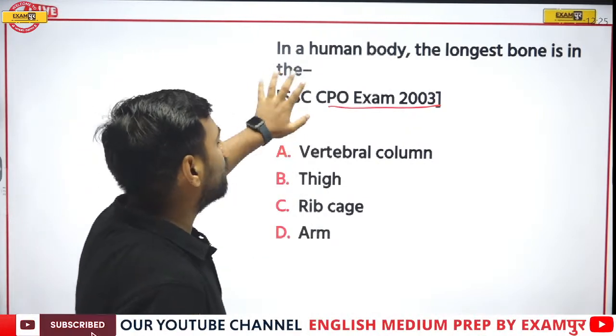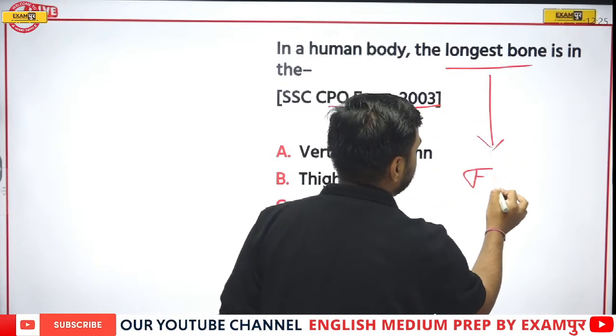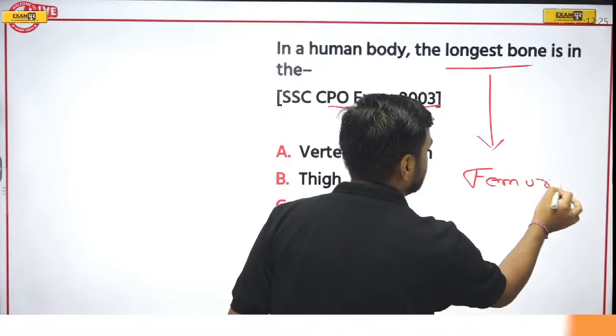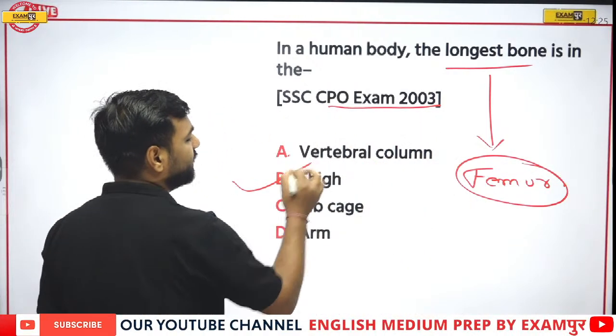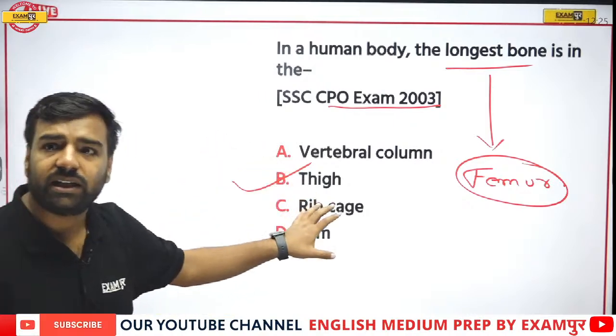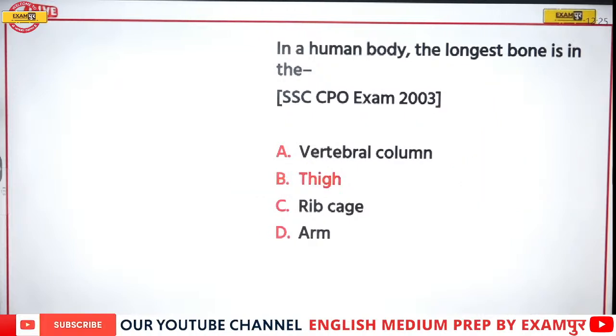See, when we are talking about the longest bone, we have understood. What is that? The longest bone is the femur, correct? So your femur is the longest one, and where is it located? Femur is actually located in the thigh. So thigh would be the correct answer over here, and hence option number B is correct. Next,